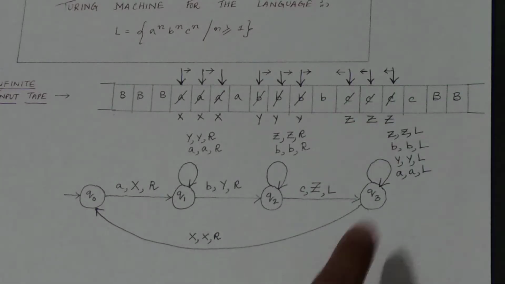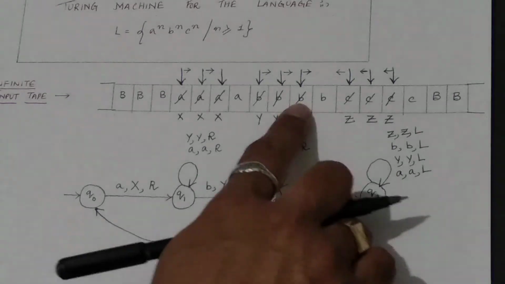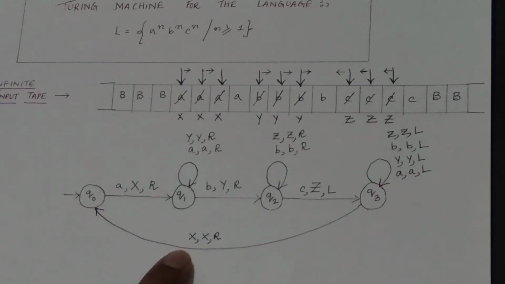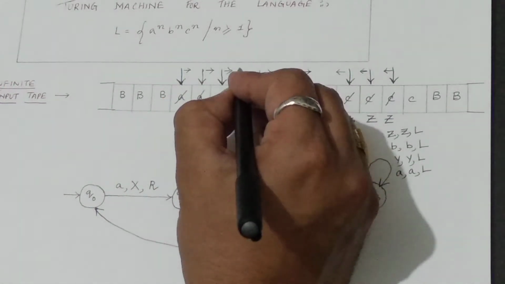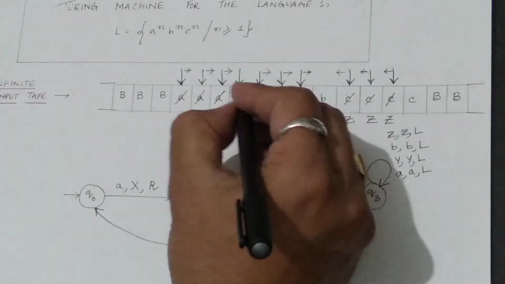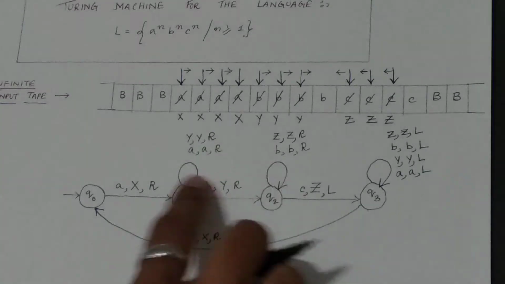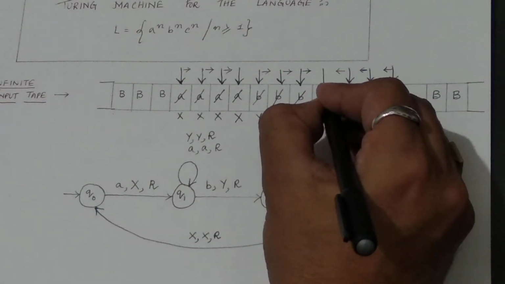left direction. So as soon as it moves in left direction, again it will encounter Z, then B, then Y, then A. Correct? And as soon as it reaches A, after that it will again encounter X, and after that X, it will move in right direction. That means the tape head will finally reach now here. It will replace this A by X, okay, and then it will follow the same process. Then finally the tape head will come over here.